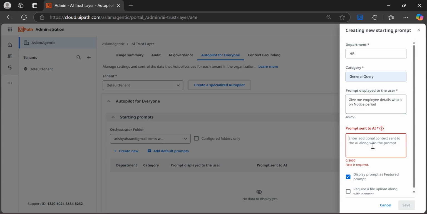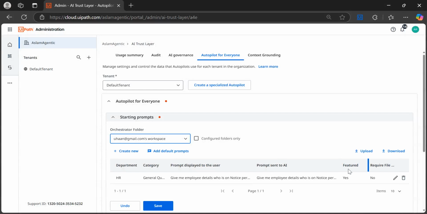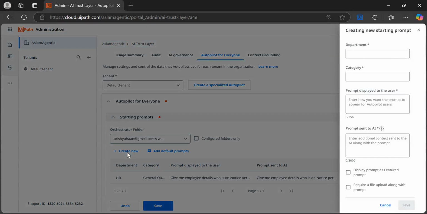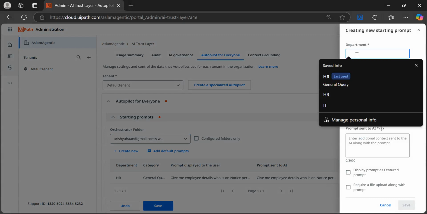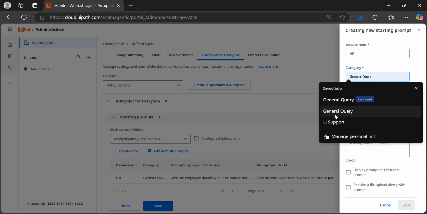Let me paste here. Correct. So if I select feature is equal to yes, and let me add another where I will mark feature is no, right? So this time again I'm asking HR department category. This time the category is